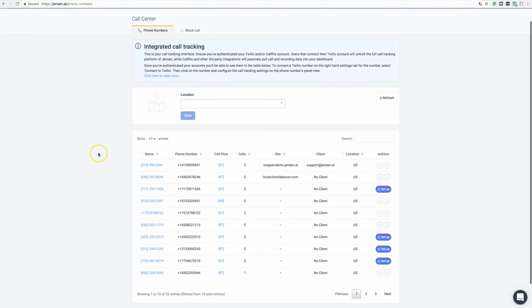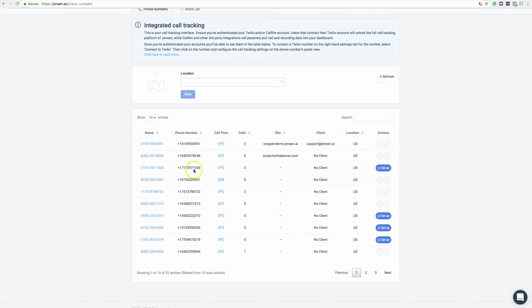And from the call center, it's going to give us a list of our numbers that we have and whether it's connected to a site or not. It's going to give you the call flow, which we'll talk about in a moment, if it's set up and what type of call flow it is. In this case, the RT stands for ring through. It's going to show you how many calls came through, the client, the location. It's a bird's eye view of all of your numbers and how the campaigns are performing vis-a-vis phone calls and